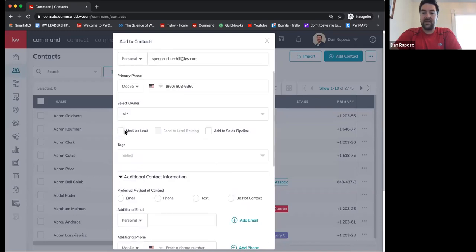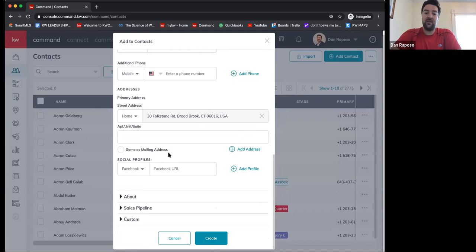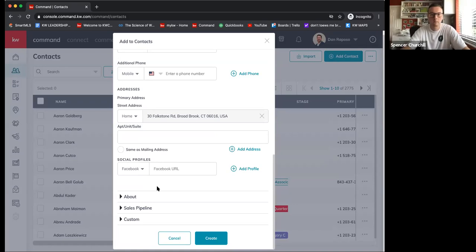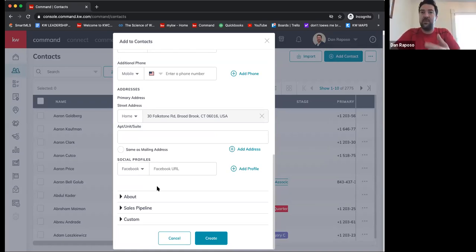Now you can mark this as a lead. You can add it to your sales pipeline. There's a bunch of stuff here that you can do. Best practice is to make sure that for every contact in your database, you have multiple points of contact, for various reasons. The first and foremost is